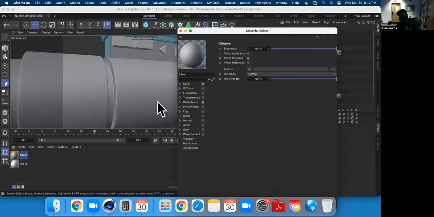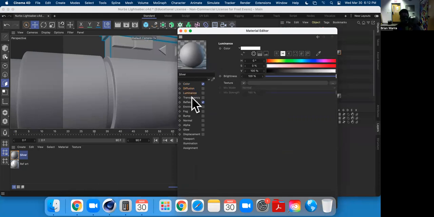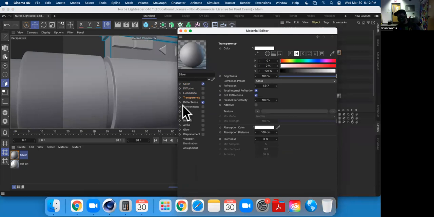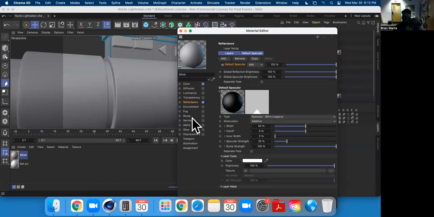Now we want to go down our list and see what we need. Any diffusion? No. Is this going to glow? No. Is it going to be a transparent object? No. Is it going to have some reflectance, like is it going to be shiny and stuff? Yes. So let's go over here to our reflectance, and we can adjust these a little bit to try to figure out how we want it to be. Now a metal is going to be a little bit shinier, so we might want to have it be a little bit wider,